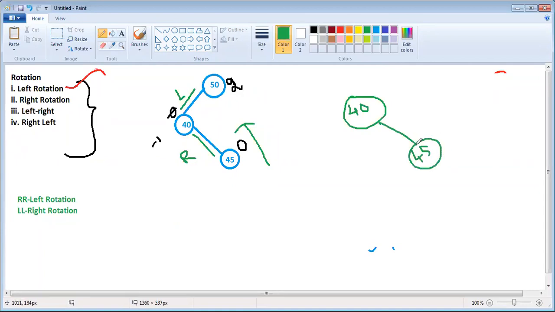What do we have to do now? Swapping. That is swapping, a left rotation. I am rotating left. So what will happen? 45 becomes...